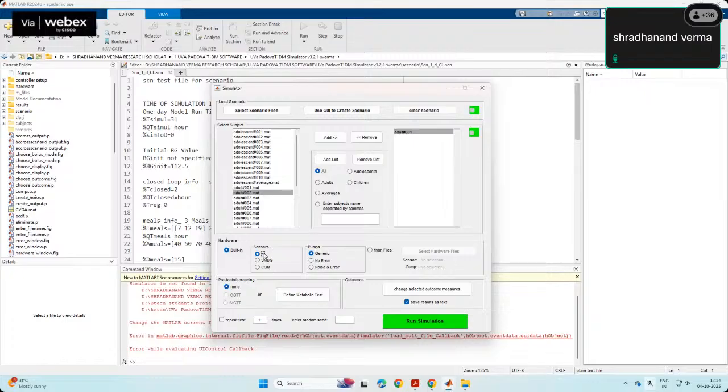In the background, mathematical equations are written, which are completely based on the behavior of the real existing device: how IV will behave, how SMBG will behave, how CGM behaves. So currently, in the hardware section, we have selected built-in sensors IV and pumps generic. If you want